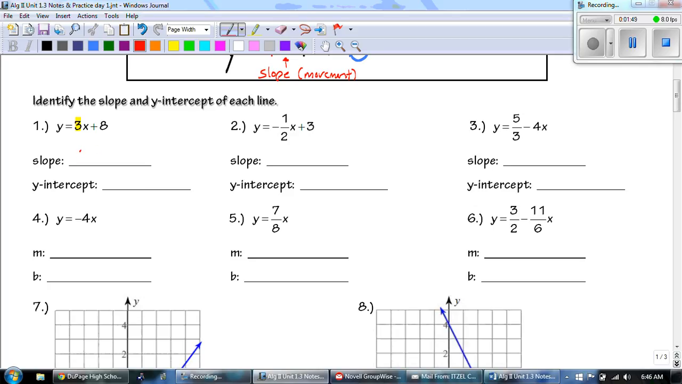So our slope is 3, and if you write that as a fraction, you don't have to, but if you did, it would be 3 over 1. So we would go up 3 and to the right 1. Our y-intercept is a point. So we would say that that is the point (0, 8). Okay? So our slope, it's connected to the x,